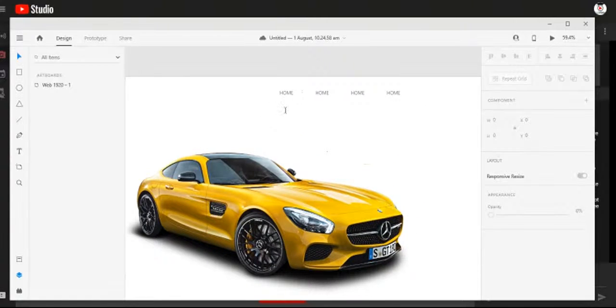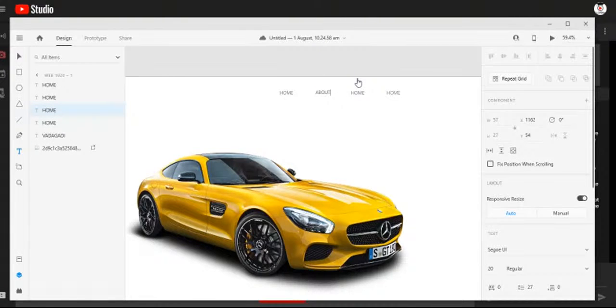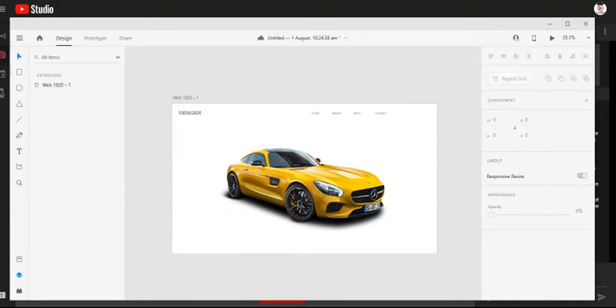I just change these buttons to home, about, price, and contact. Right? I need these four buttons,